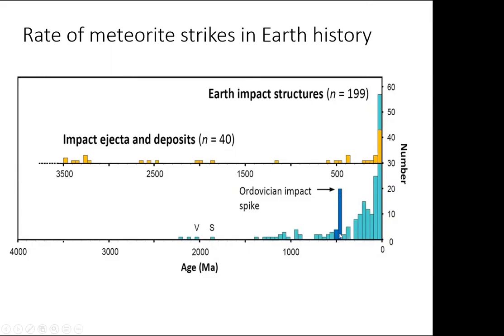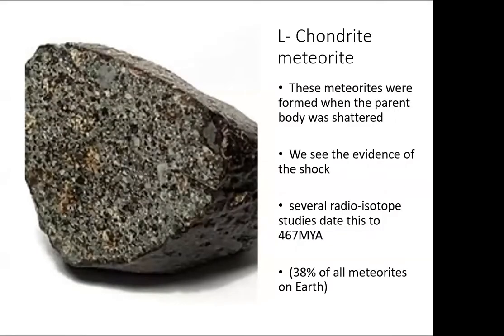But there's this massive spike here 460 million years ago where the number of impacts went through the roof. And the impactors were all of one type. They were all what we call L-chondrite meteorites, various different sizes, but all of the same overall chemical composition. And there's so many of these L-chondrites, they're actually 38% of all the meteorites on Earth are this particular type. And the mass